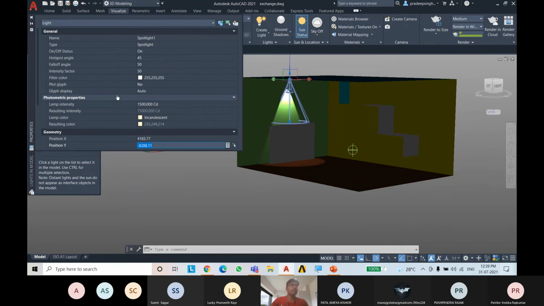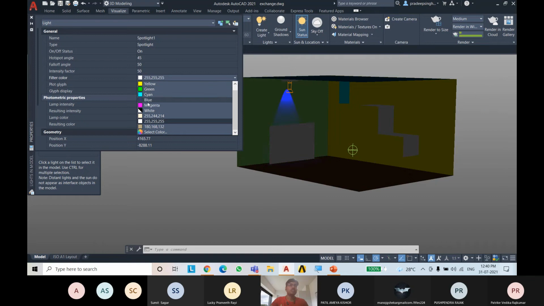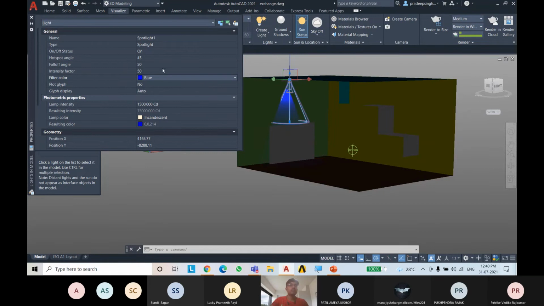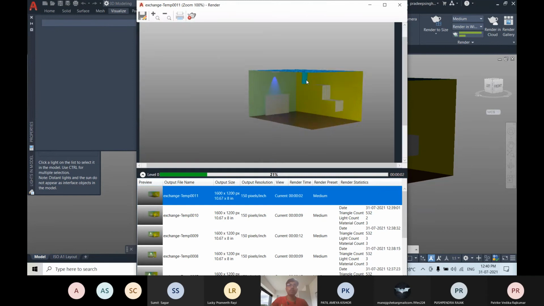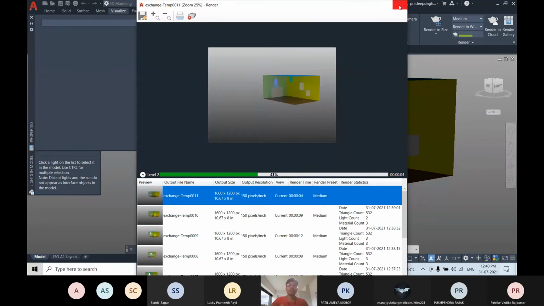Filter color. Yeah, this is filter color. You can see that the light of this spotlight is changing, like blue, magenta, yellow, cyan, blue. If you want this blue light, you can use it, and you can see the change in the rendering effects. You can see the blue light that's on.